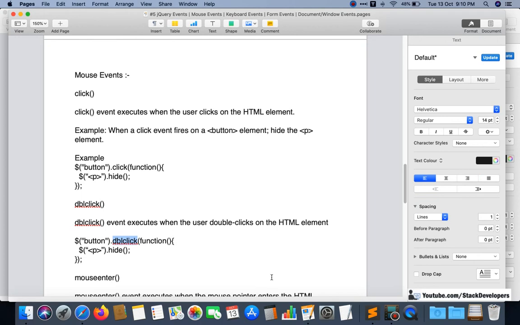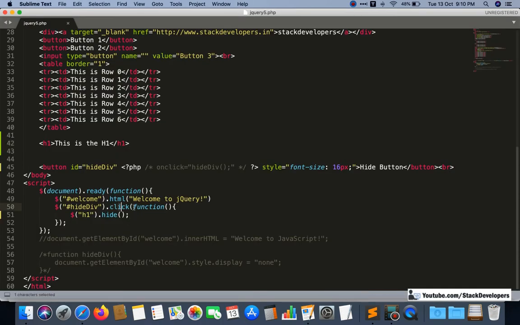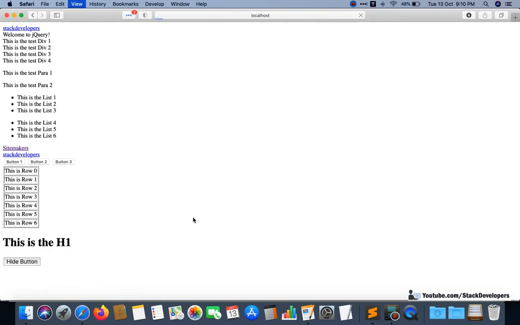See, I'm going to use here the double click. Now I require to click twice. See, if I click once, nothing will happen. Now I will click 2 times, then this will be gone away. See, now gone away. So double click is also a kind of mouse event, okay. So on double click it is going away, okay.